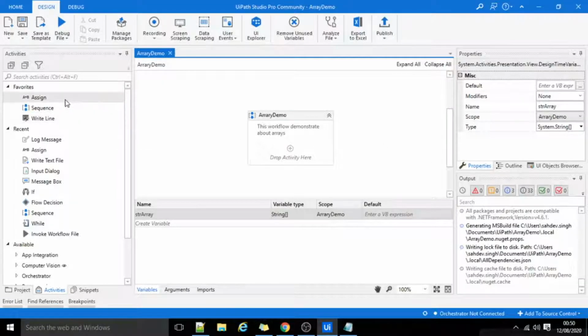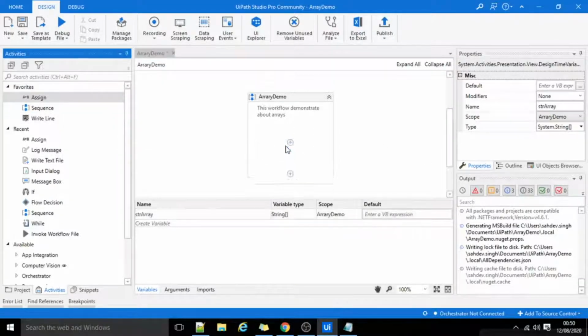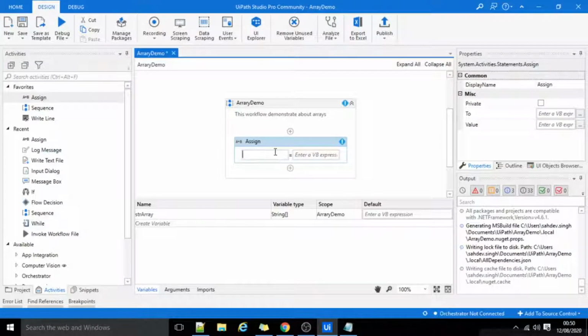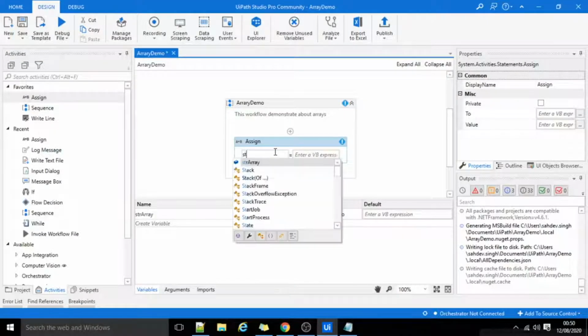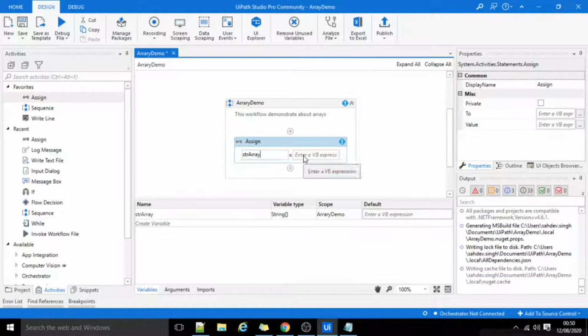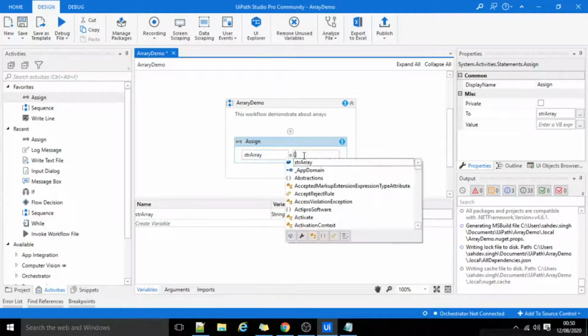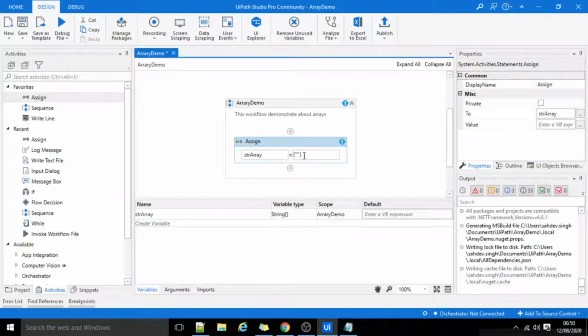Now I'll use assign activity to add some elements to this array. I will add name of some airlines.